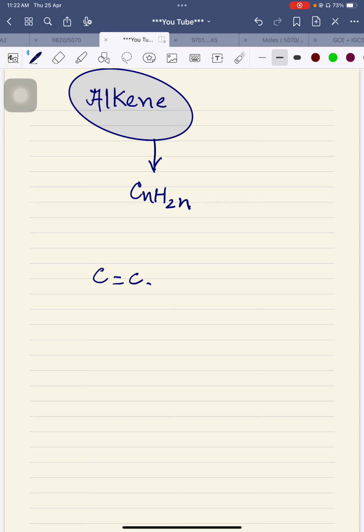Sometimes there is a compound drawn by the examiner. That compound has not only the carbon-carbon double covalent bond, but a carbon-oxygen double covalent bond as well. And the examiner asks why this compound is an alkene. A student writes, due to double covalent bond. It's a weird answer. It is not clear, because there are two types of double covalent bond. About which double covalent bond are you talking? So what should the answer be? A very clear answer should be there. You should answer the examiner that actually